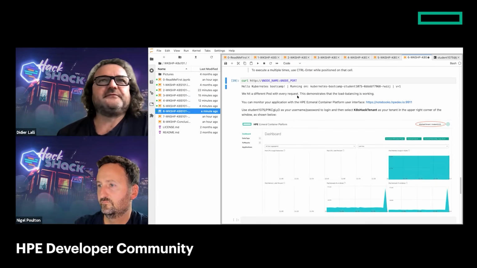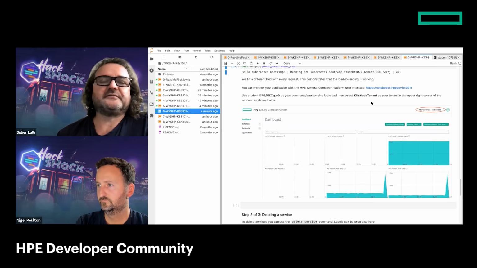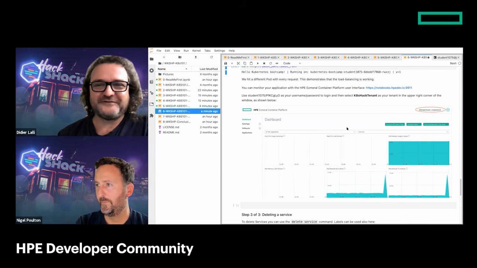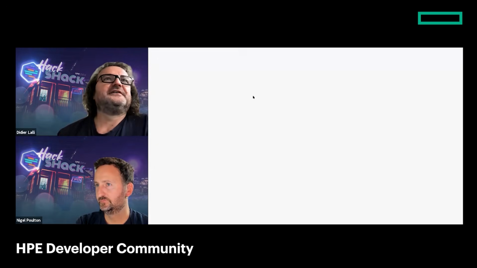So there was an option I added here in the lab just to give you a quick view on the Ezmeral container platform GUI, because if you have it, then you might be using the GUI as well. You don't have to do everything with kubectl. You can take a look yourself real quick. Basically, you would have to log in with your